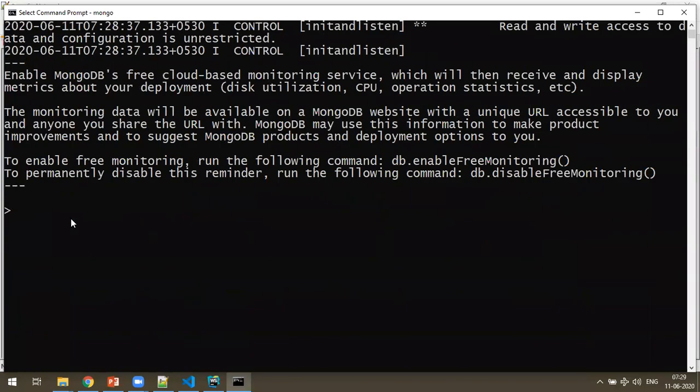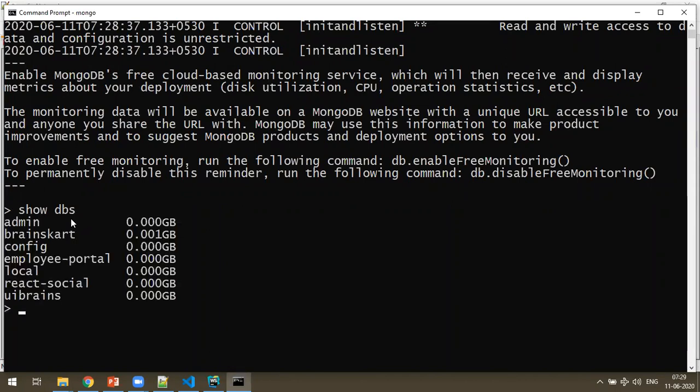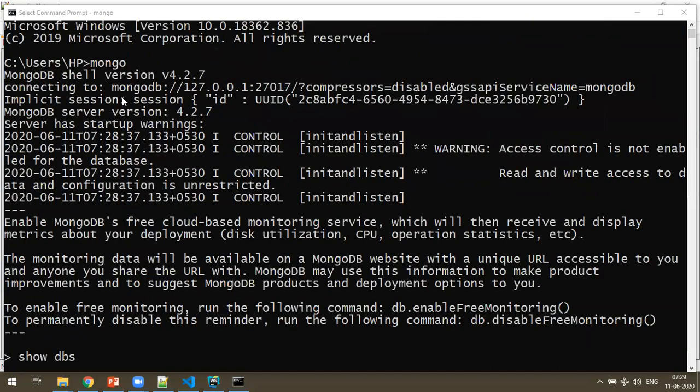Here you can type a command called show dbs. I already have these many databases, and you'll have only admin, config and local, not others. What I want to tell you here is, the first time you enter mongo, you don't get this.